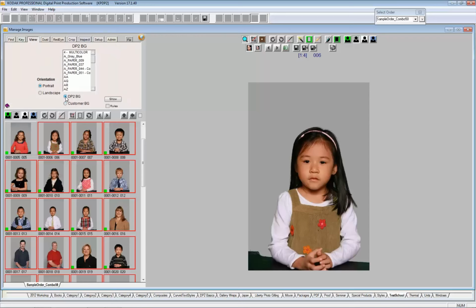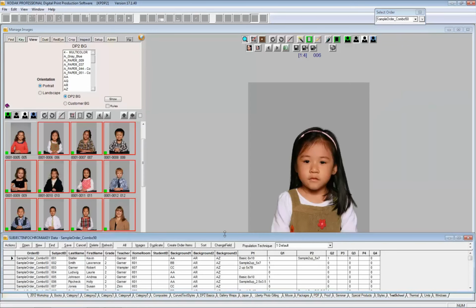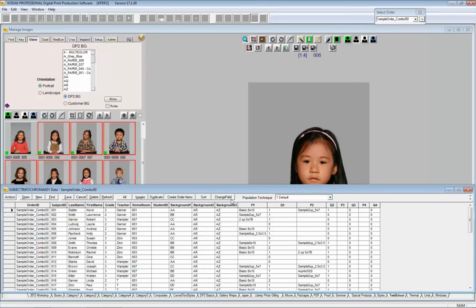So the first thing that I want to show you is our ability to look at these images based on a DP2 background. How these got to be DP2 backgrounds, and the relationships that I'm going to be viewing them with, are a combination of how I set them up, but they all track back to the subject info data table. So if we were to look at the subject info for this order, we're going to see that, and I've mentioned it in the other videos when I created this table and populated it, that background 1, background 2, and background 3 have very specific